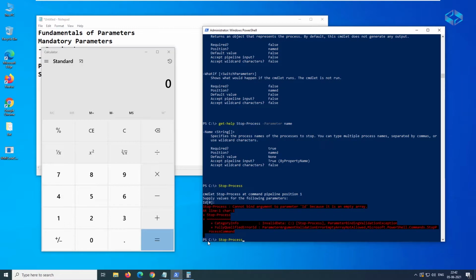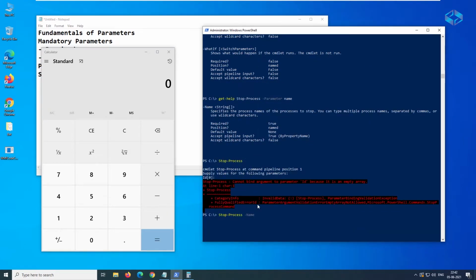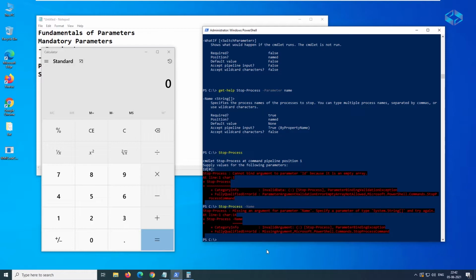Now let's say the name. ID was picked first because that is the first one in this list. Now let's say name, and it's similar, where it is mentioned that we need to provide an input for this. There is a missing argument. We have also seen in the previous scenario where we gave a process name.